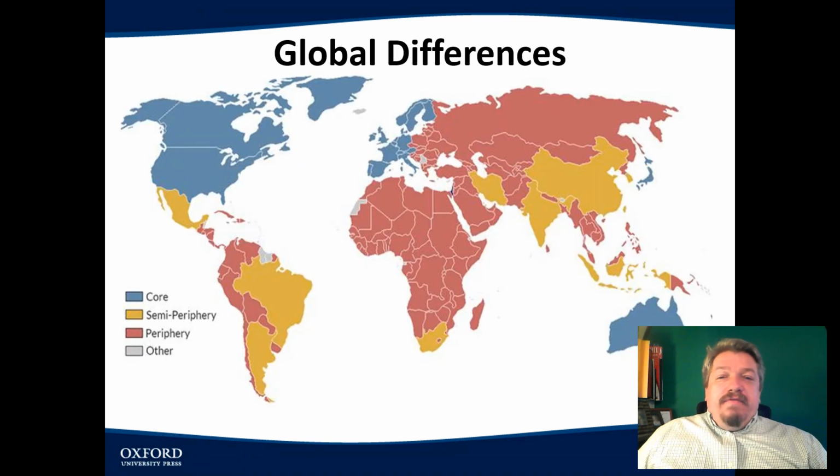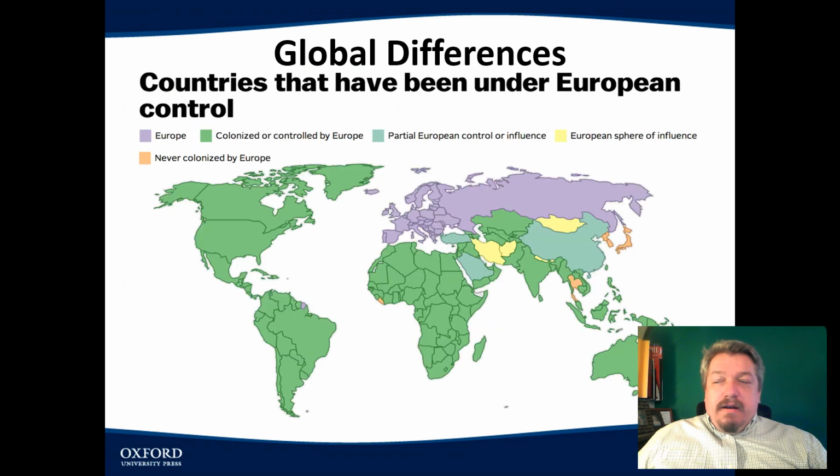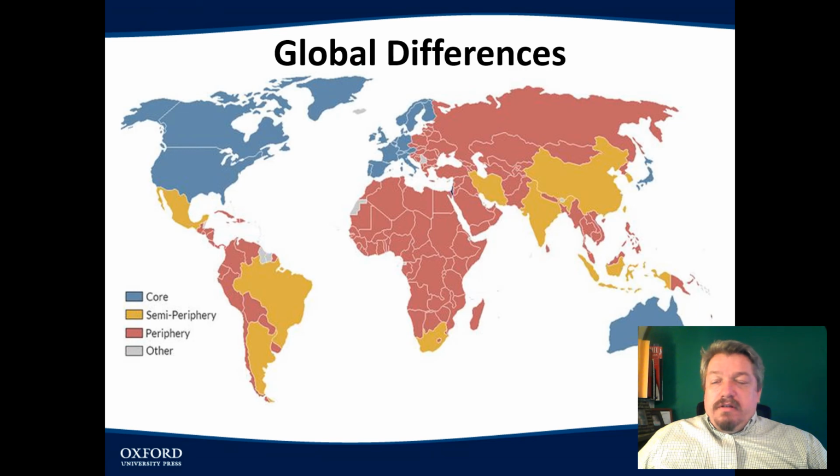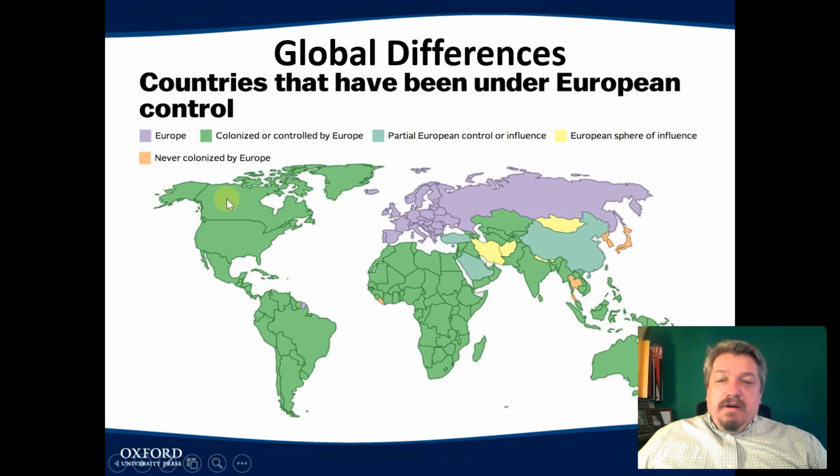So think of this pattern, right? And this is a map of the core periphery. The countries in blue are the core. The countries in red are the periphery. And the orange are kind of in the middle. And I'm going to go back. Look at this pattern and look at that pattern. And what do you notice? So think about that. I'm going to go back one more time. Europe, colonies,